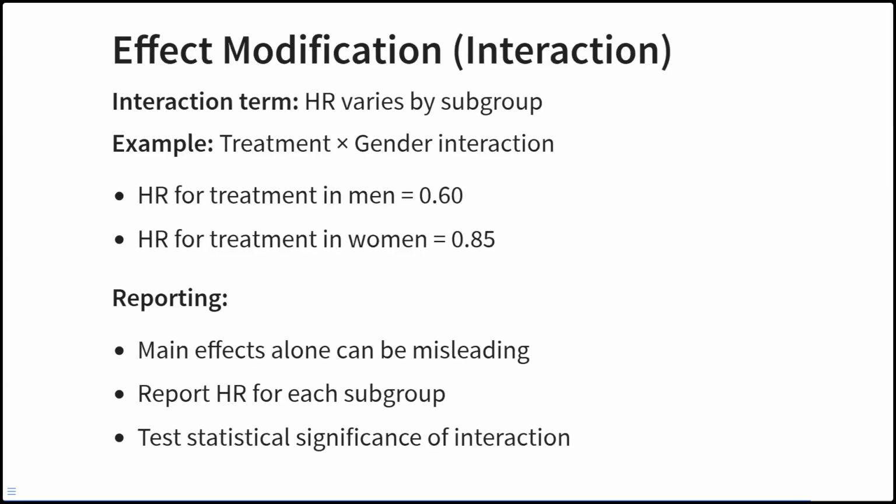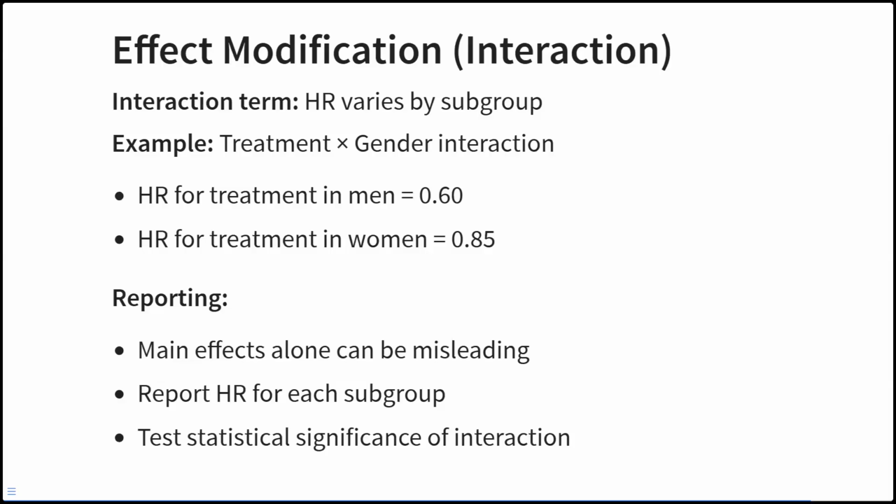So we also have what we call effect modification, whereby you try to see interaction, which I already explained earlier on. Let's say, for example, you are considering treatments. You now added gender as another variable. It's possible that the gender variable you added can affect that particular treatment variable, such that the hazard ratio for treatment in men is going to be lower compared to the hazard ratio for treatment in women due to that particular gender you have added. So it's possible that without that gender variable, you might find out that the treatment might not even be statistically significant. But by checking for the interaction,